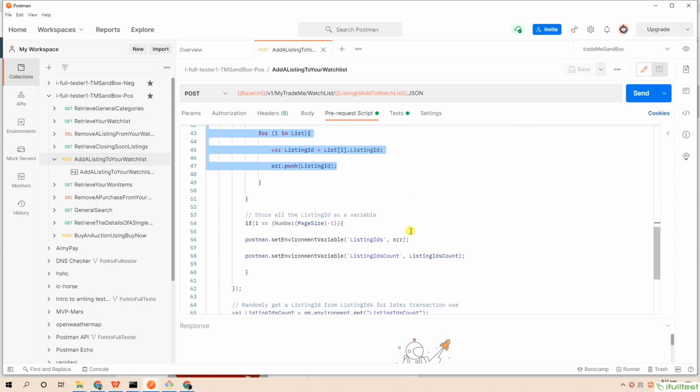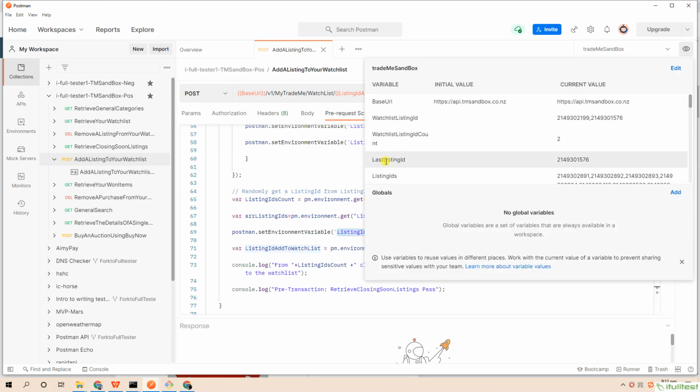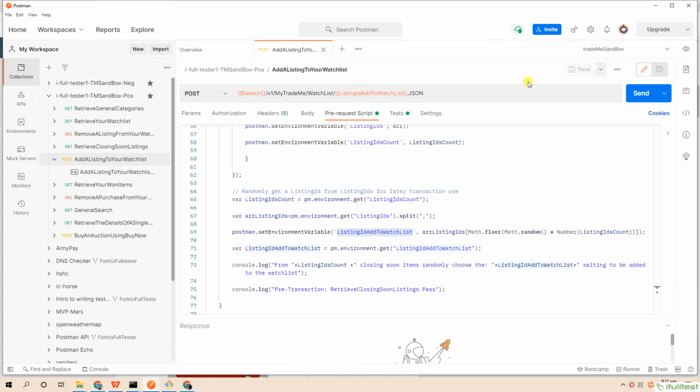Third, we could randomly get one item's listing ID and set it to the environmental variable. Then our main API could directly get the value of this environment variable.